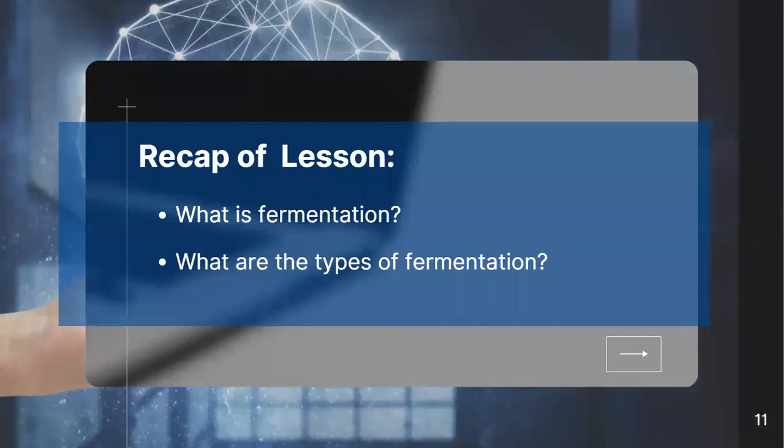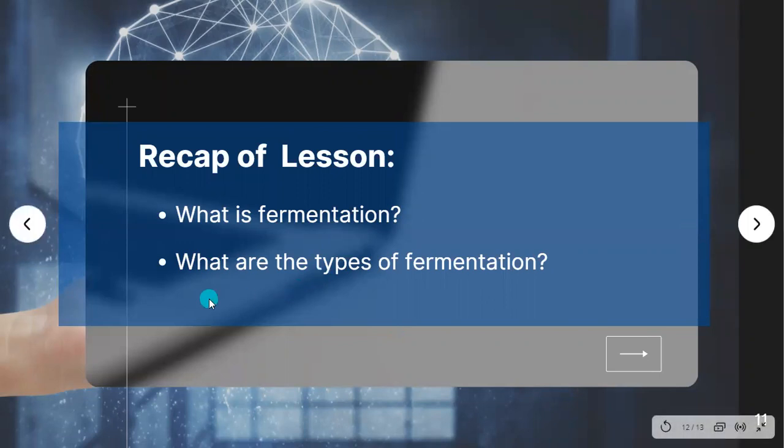So let's recap a little bit for this video. At first, we talked about what fermentation is. It's the breakdown of glucose in limited oxygen, or even in an absence of oxygen environment. And what are the types of fermentation? We actually mentioned alcohol fermentation, which you can find in yeast, and another type, which is lactic acid fermentation, which is very important because that's what our human muscle cells go through every day if we are having vigorous exercise.